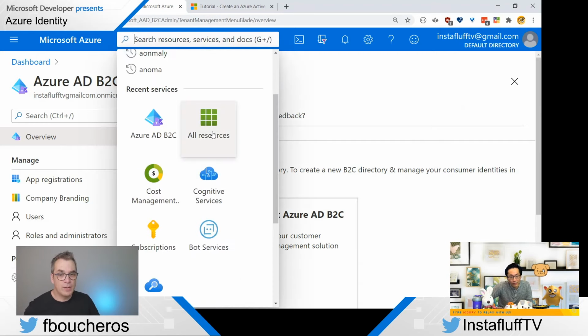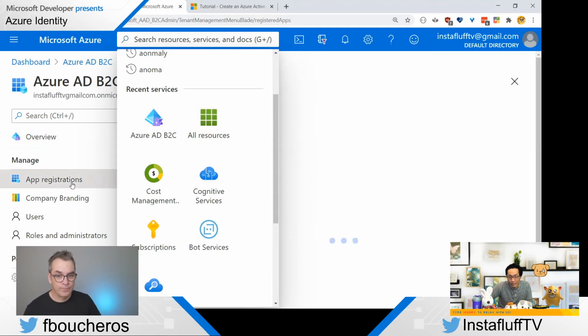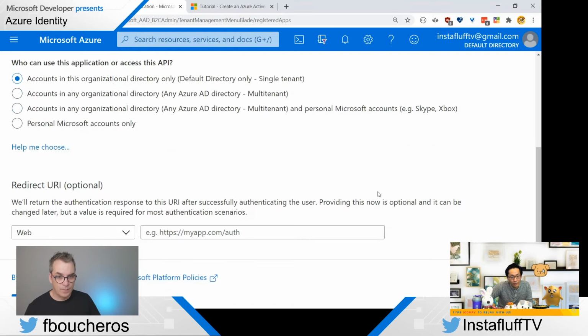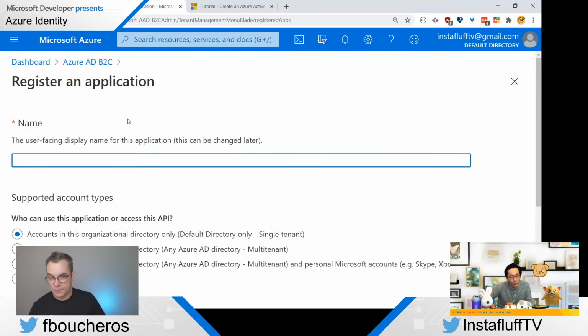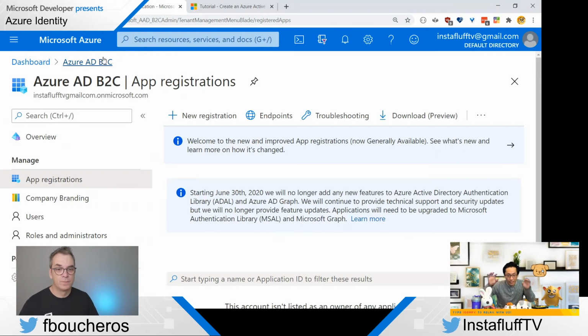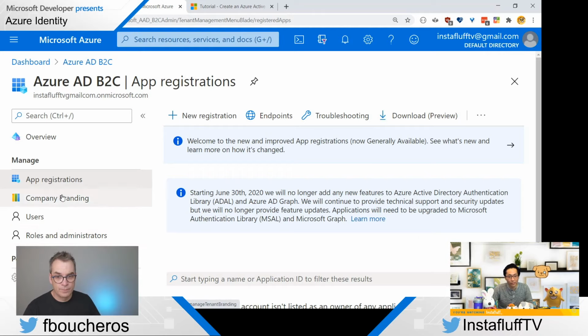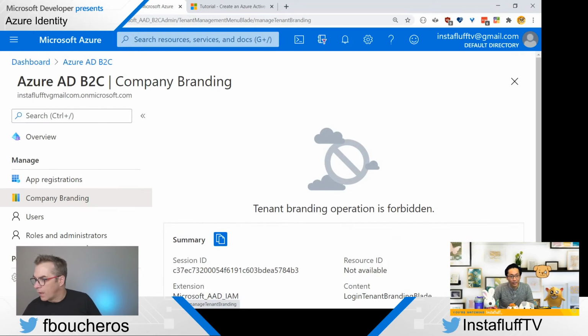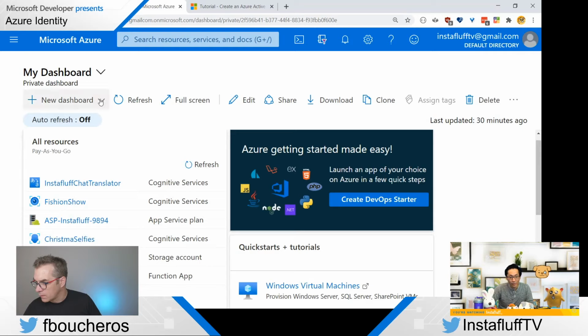So you need to go in the app registration section, maybe? Oh yeah, maybe. And then new registration. I think this is for creating an app, though we have to create a tenant first, because the tenant is like the big company kind of. Yeah. Oh, so it might be in company branding. That would make more sense. Oops. I don't know. Let me check again. I remember being here.